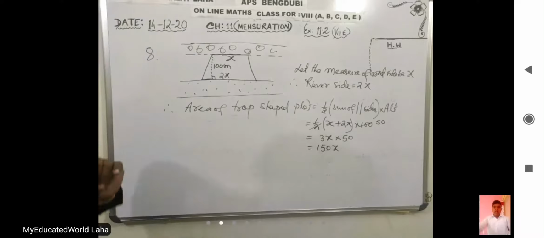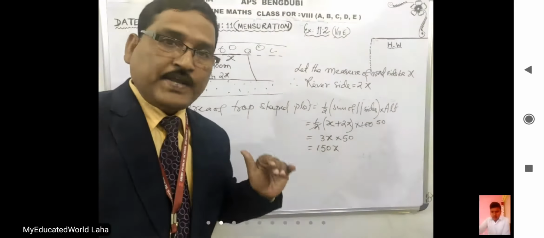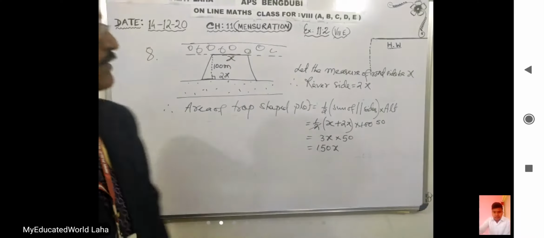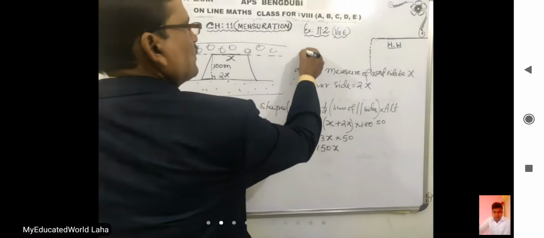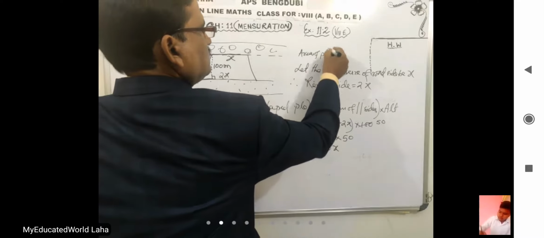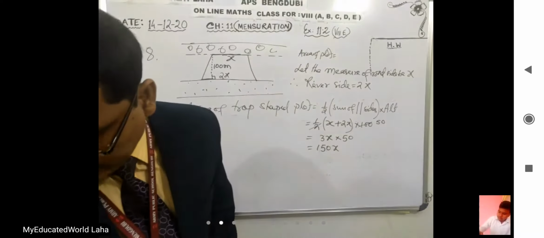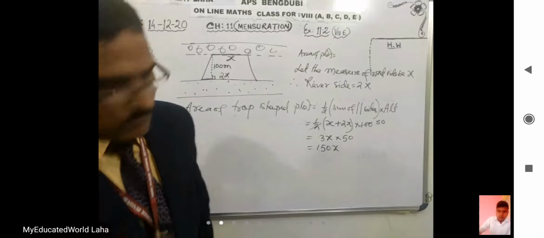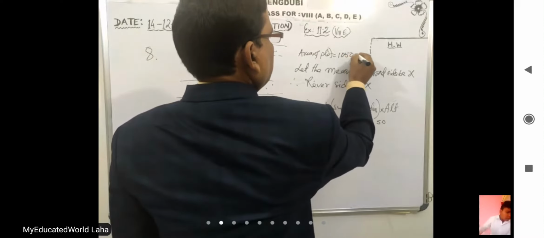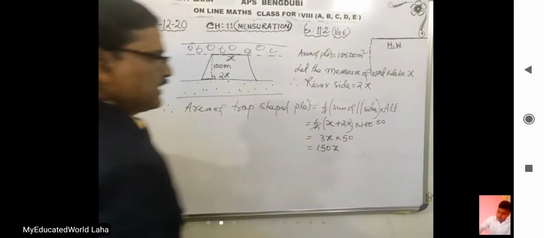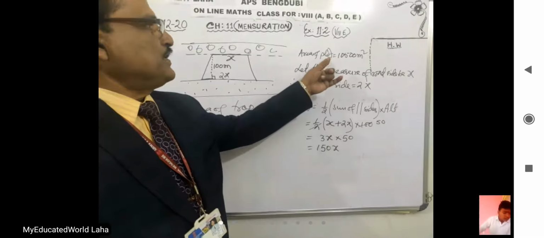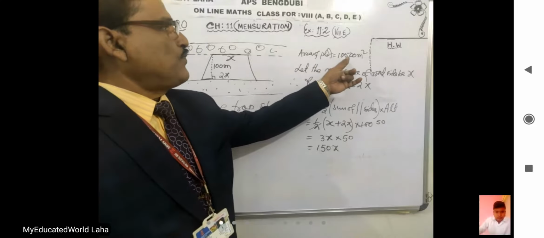Interesting part is there. At the end I am talking, he has given you the clue about the area of the plot also. What is the area of the plot? On the top you write down area of plot. It is given: 10,500 meters square. So you have got the area 150x, and in the textbook it is given the area is 10500 meters square.